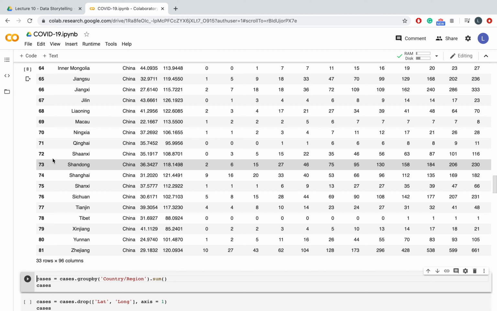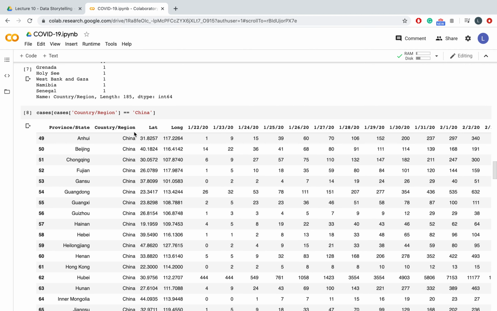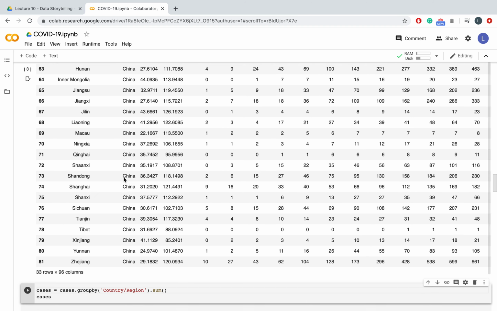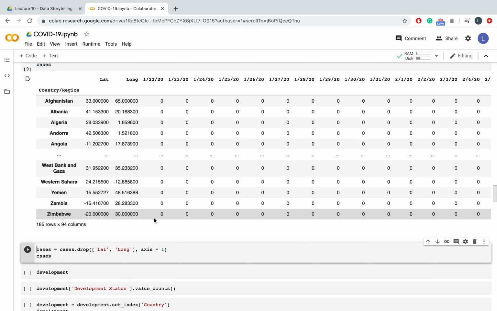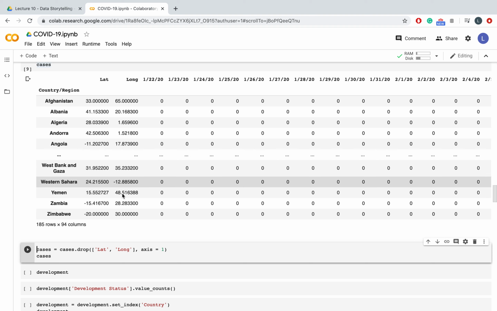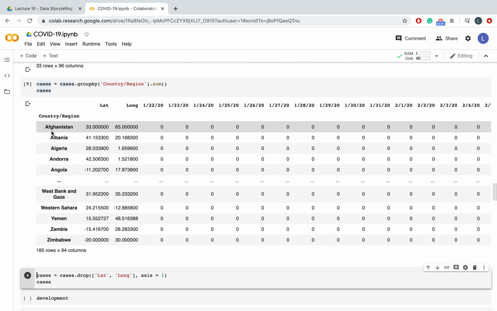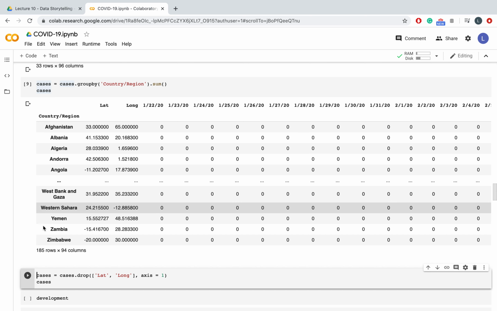However, we're not interested in the specific provinces of a country. What we really want is the total sum of the coronavirus cases within a given country. That's why we can use a group by operation on the country/region column and take the sum in order to take the total number of cases per country. In this cleaned data frame cases, we see that we have a total of 185 countries on the list,